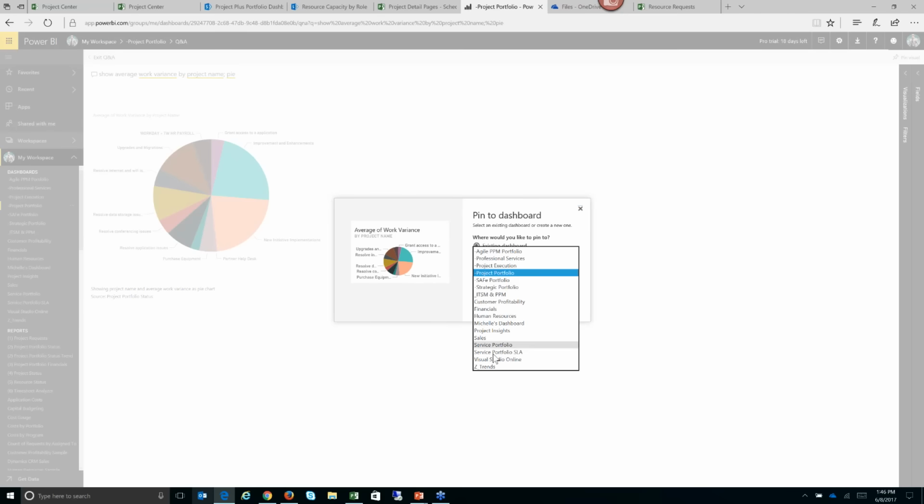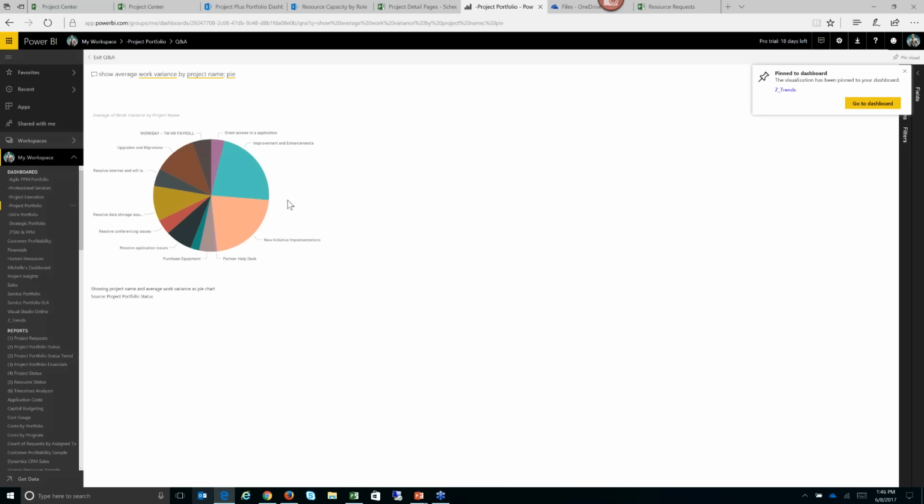Again, I can just pin this to my dashboard and this will be at my fingertips every time I come back in here. So I won't have to type in that natural language query again and again. Okay. And one final thing that I'm going to show you within Power BI here, a very neat feature, relatively new,